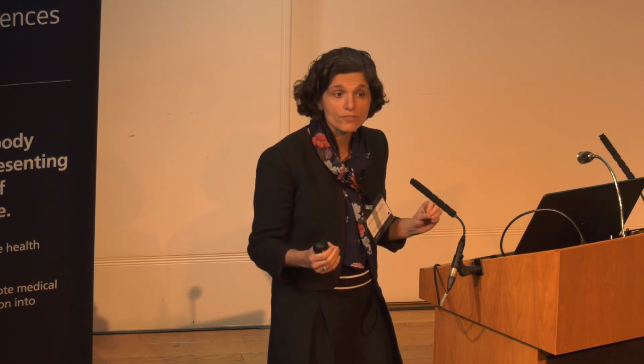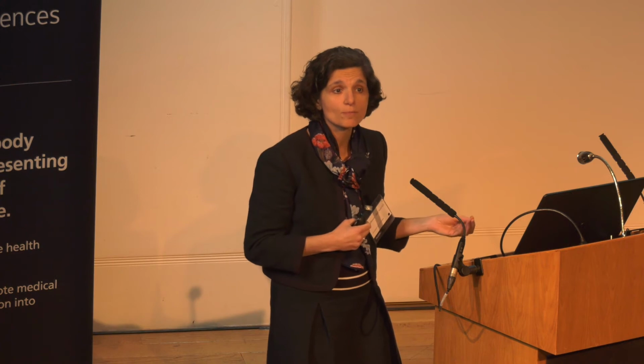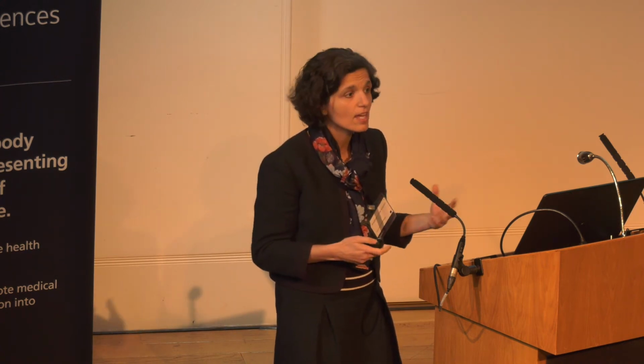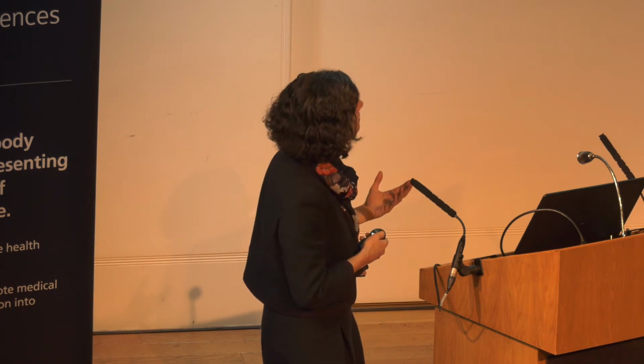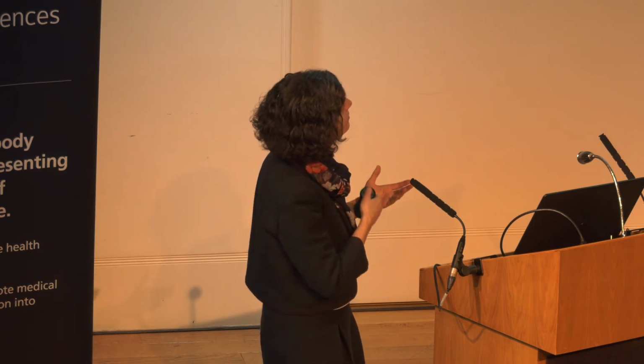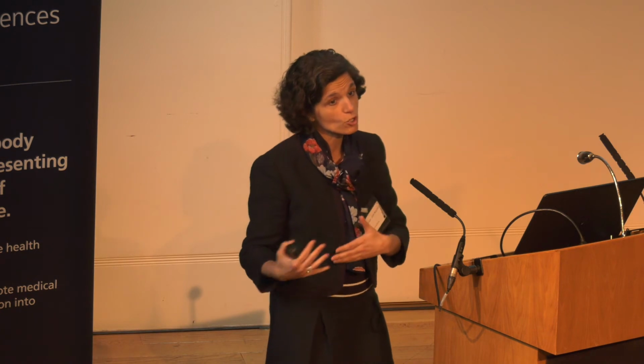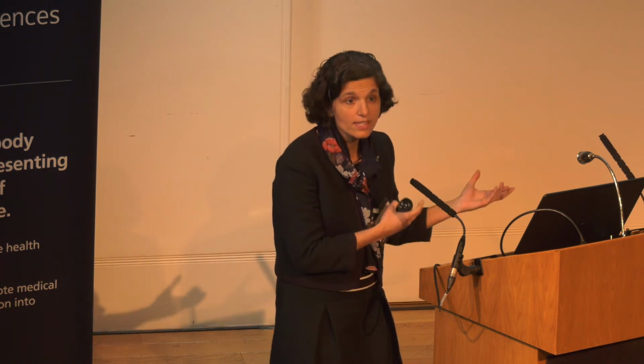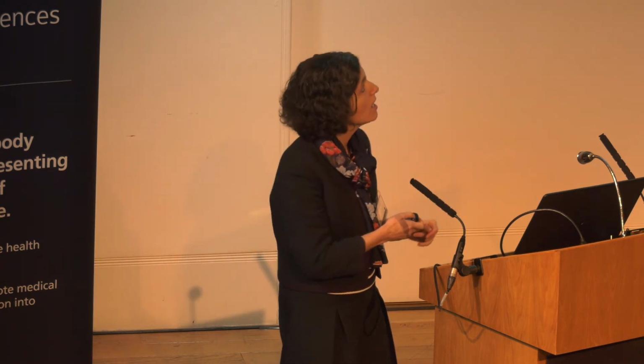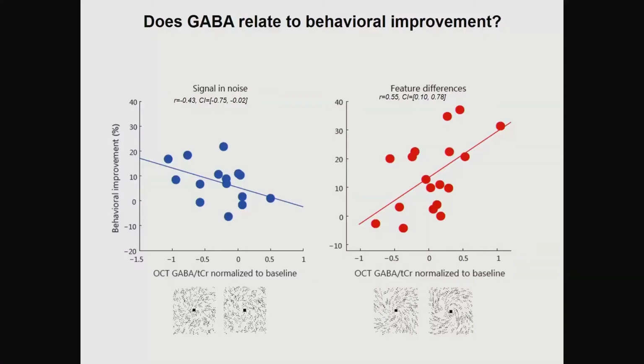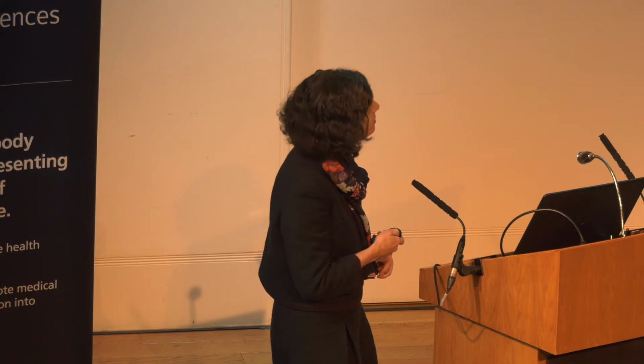Interestingly, what we see is great variability in GABA concentrations in humans, but also great variability in their performance in terms of how much they benefit from the training in these tasks. And we see interesting correlational patterns. When you detect a friend in the crowd, more decrease in GABA makes you better in the ability to learn this task, while if you're trying to discriminate very fine differences, to tell apart, for example, your friend from a twin, then increases in GABA correlate with behavioral improvement.